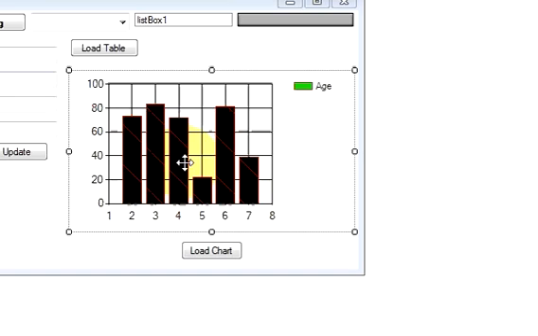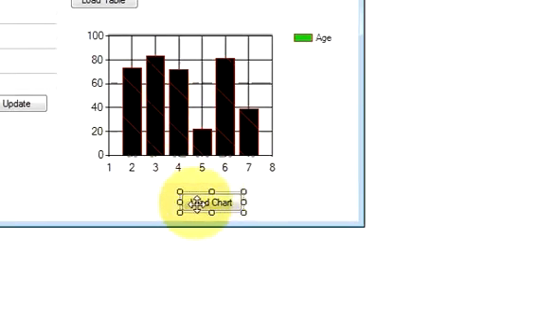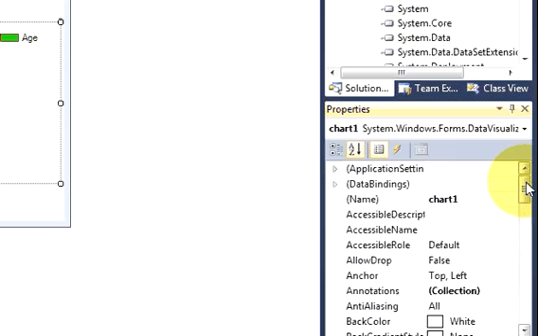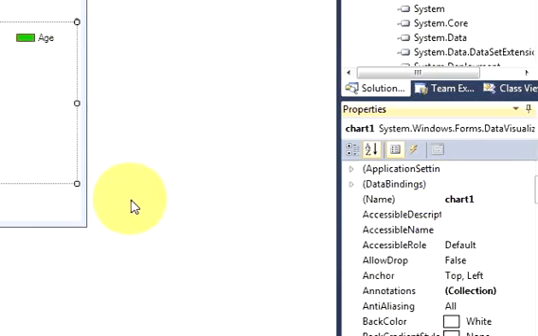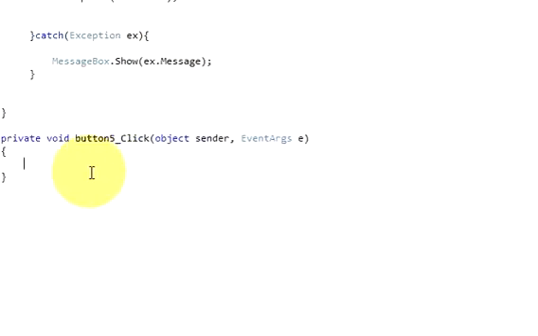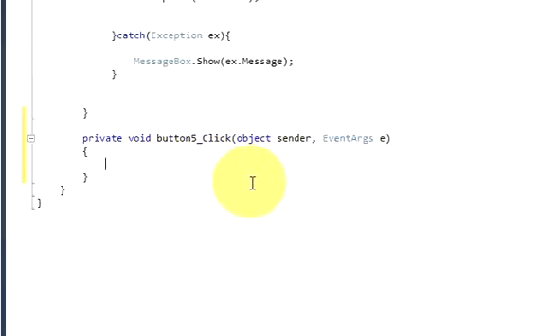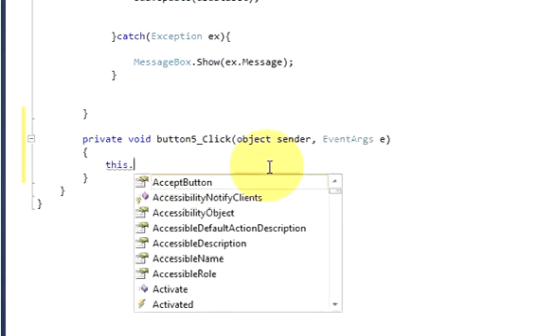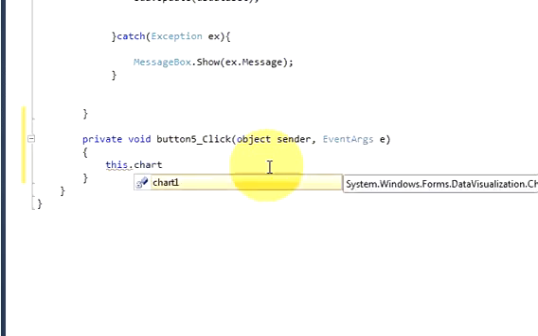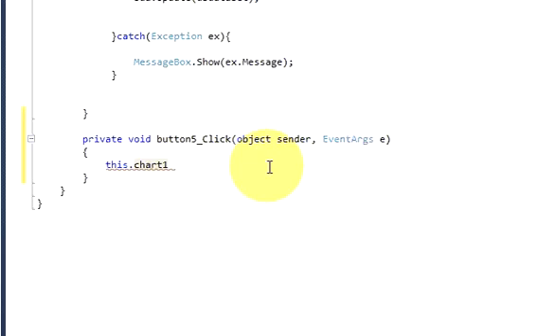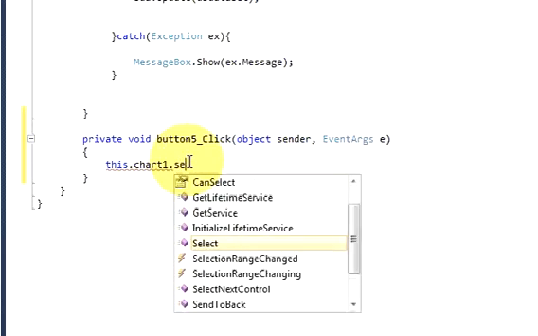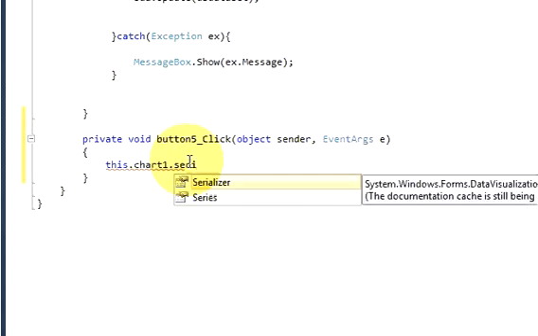Okay, and now just click this load button and first of all just see the name of your chart. So this is chart1 and just double click your button. In here we are going to write the code for loading a name versus age chart. So I will write this dot chart1 dot series,